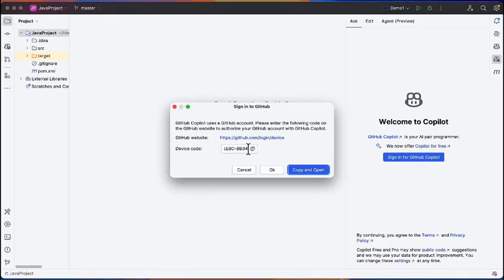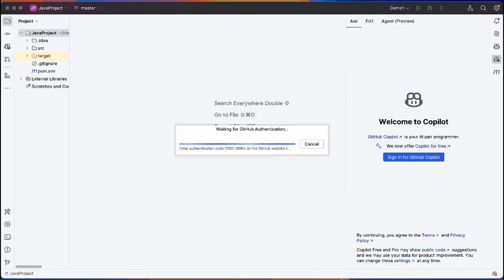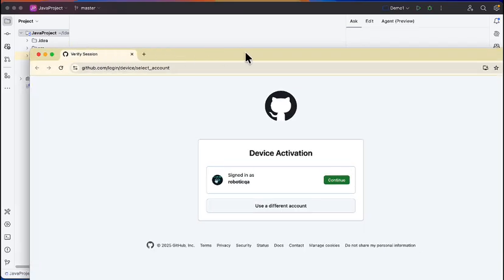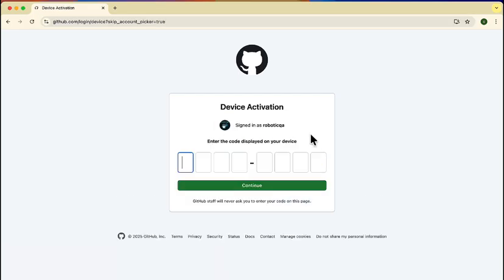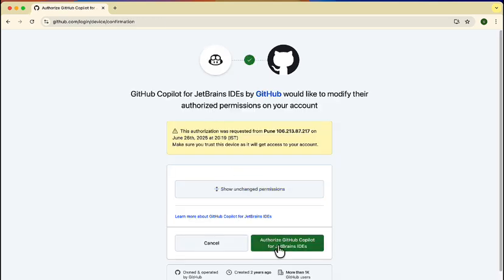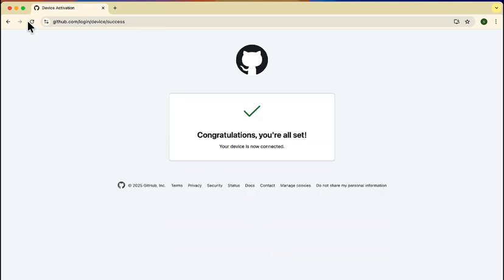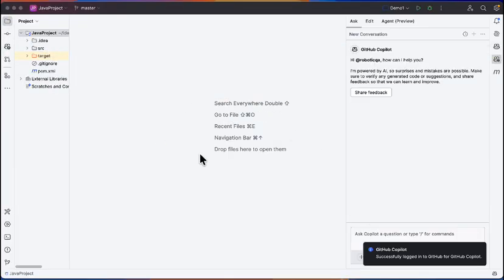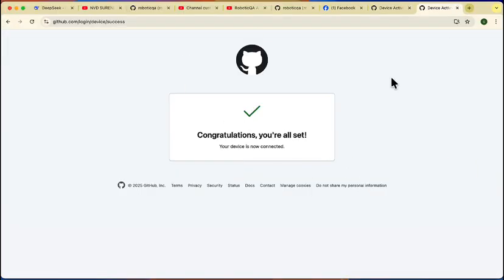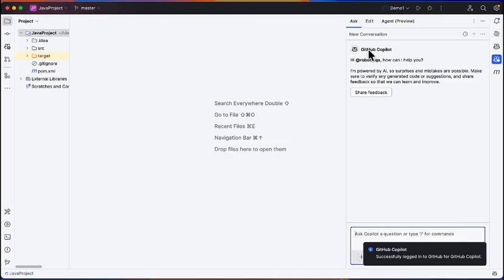Click on this link, copy this code, and open the browser. This is how it will open. You just log in with your email ID, paste the code which you copied, and click on continue. Authorize the JetBrains ID. Congratulations, you have successfully set up. Now you are able to see the GitHub Copilot welcome with your name, and the chat box will come